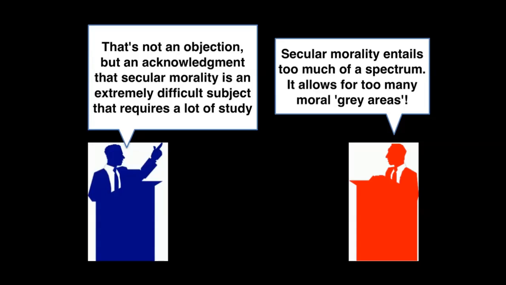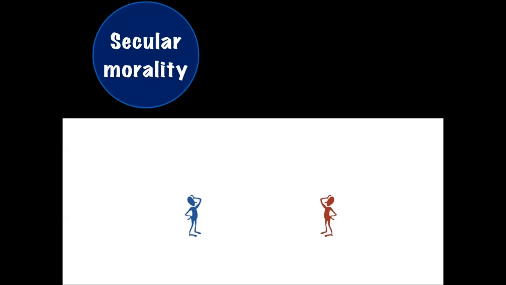Most of the moral grey areas like abortion and euthanasia, and probably even the death penalty, are mostly about this corner of the triangle. But merely pointing out that secular morality is a difficult subject is not an argument against the concept. One could of course spend hours on giving a proper description of secular morality, but I hope that we now at least have a basic understanding of the concept and why so many theistic objections to it are